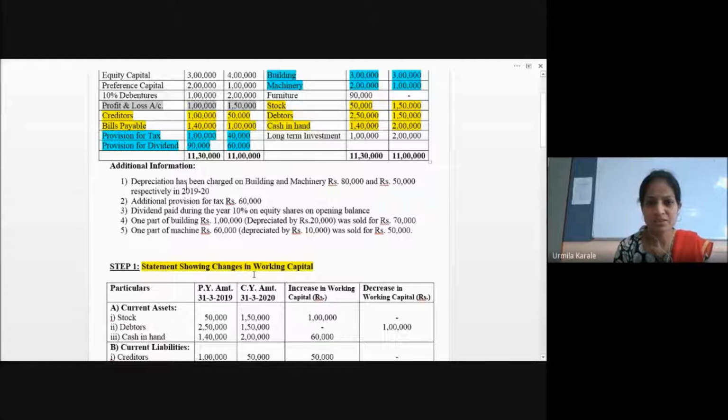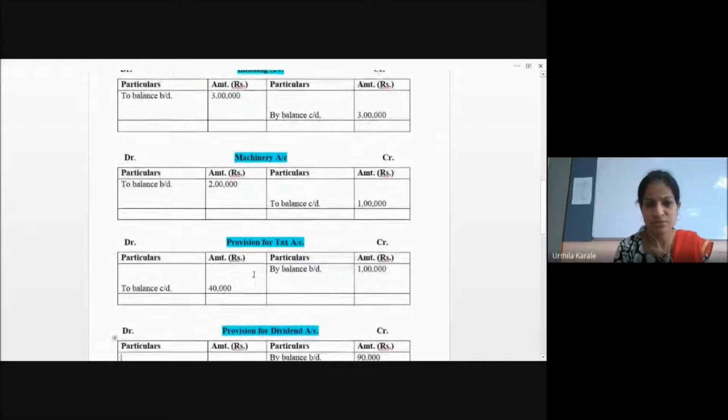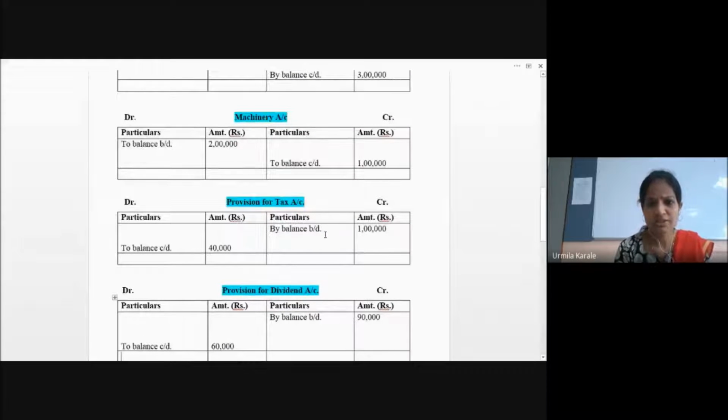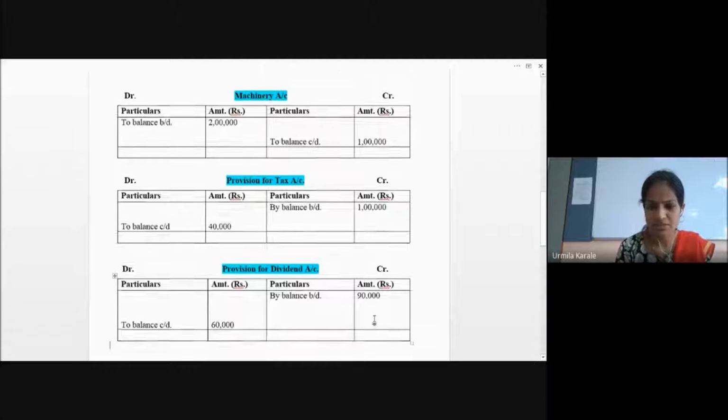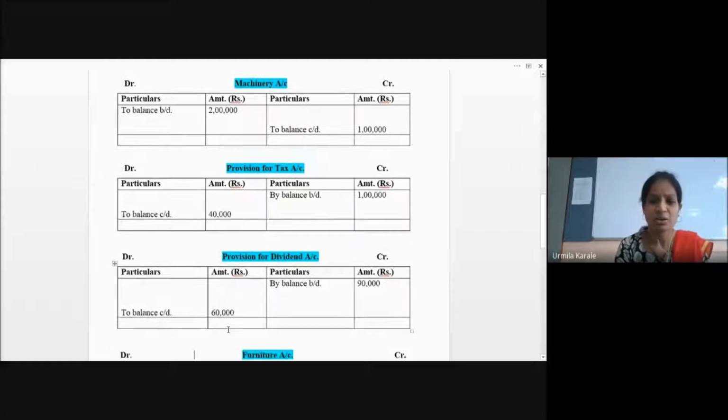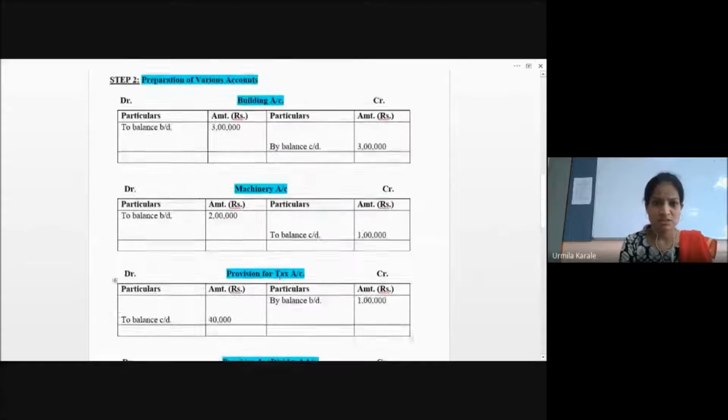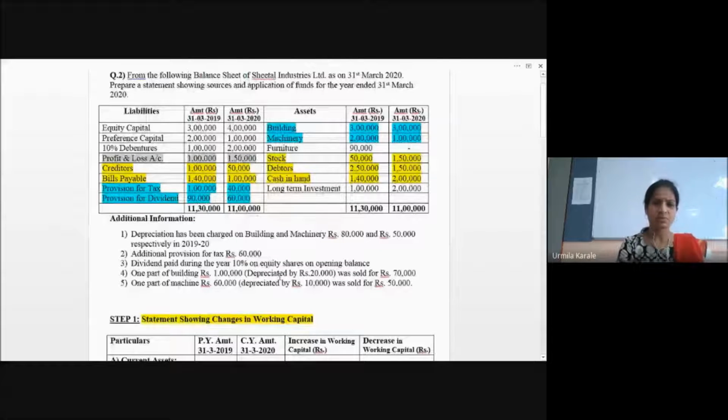But since these are credit balances, the opening balance I'm showing on the credit side first, 1,40,000. Same with this account I'm creating, opening balance 90,000, closing balance 60,000. Along with that, you can create the furniture account and the investment account. That is what I said. So I have already created the accounts, just the pro forma I'm showing. Now I have to record all the transactions, and once we are done with the first 2 steps, then you can go for the 3rd and 4th steps simultaneously. So let's go back to the adjustments. We'll start writing all the adjustments.